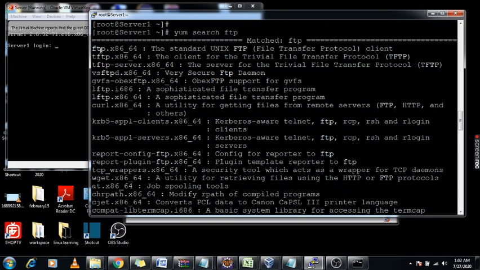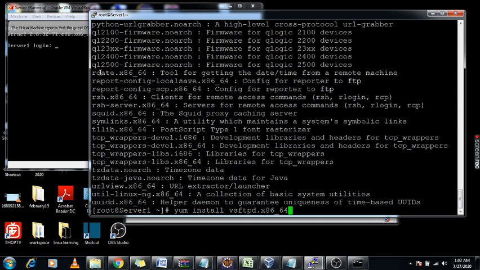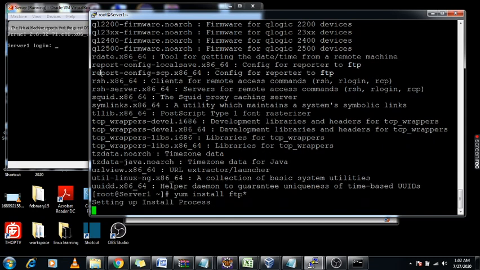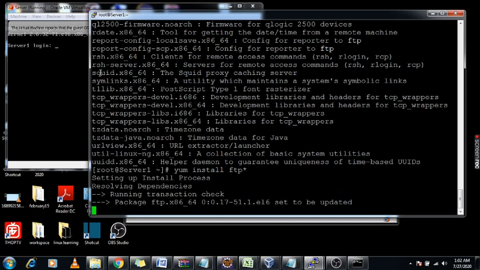Here this vsftpd. So I'm configuring yum install vsftpd, or if I give ftp*, whatever ftp package is related, it will install automatically. Also, if you have mentioned -y, then it will not ask for the yes or no option.